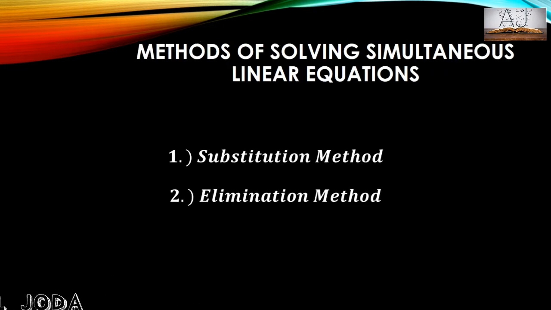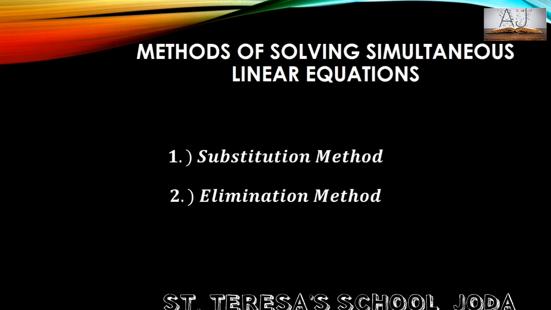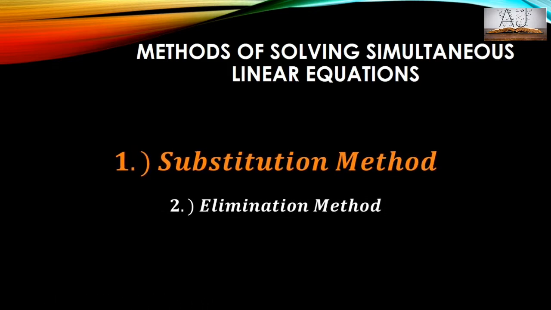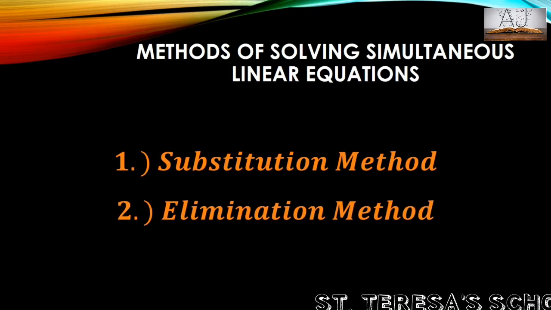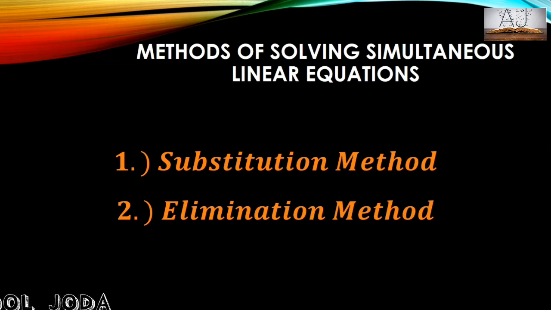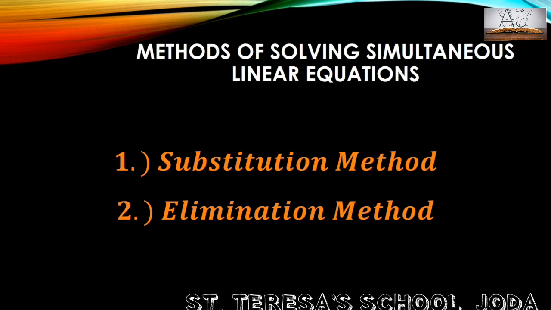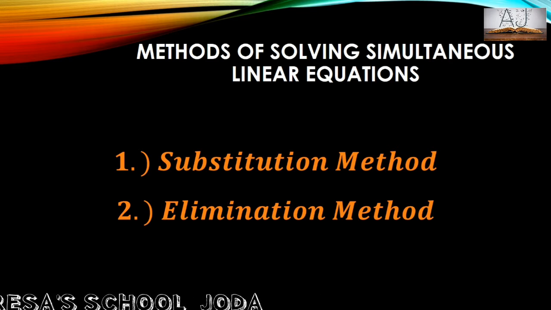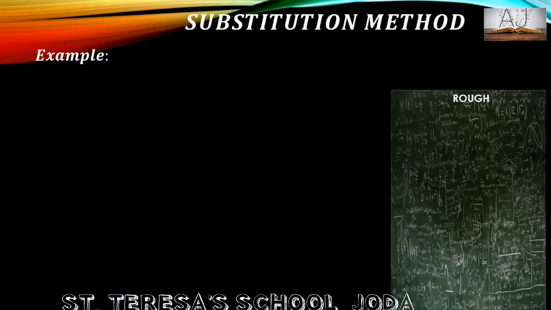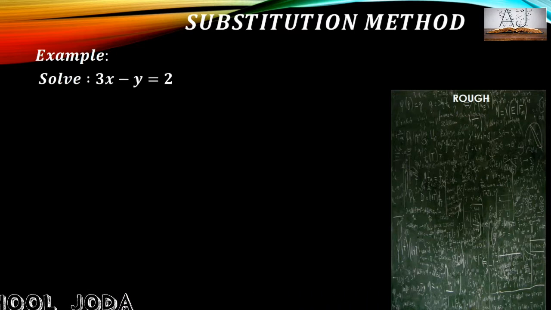So, two linear equations. We have methods of solving this simultaneous linear equation. One of the methods is the substitution method. Another method which we have is the elimination method. And one more method we will see is the cross multiplication method, afterwards, in the next exercise. First, we will see the substitution method, and then the elimination method. So, the substitution method: how to solve, that means find the value or the root of the equation.